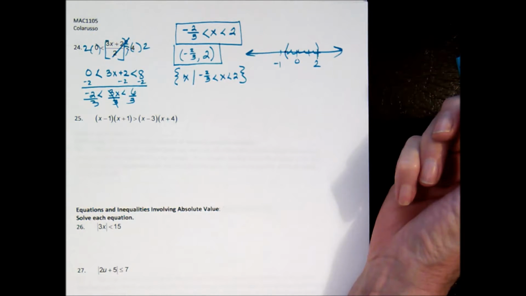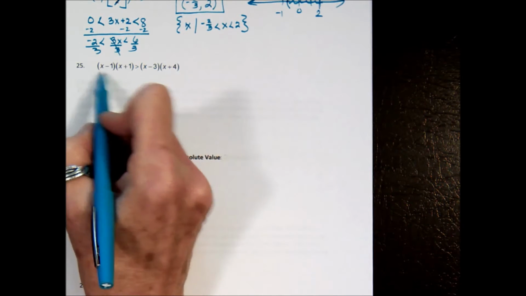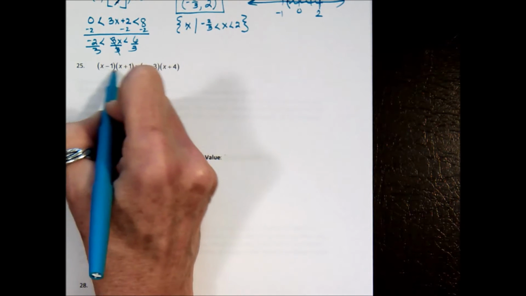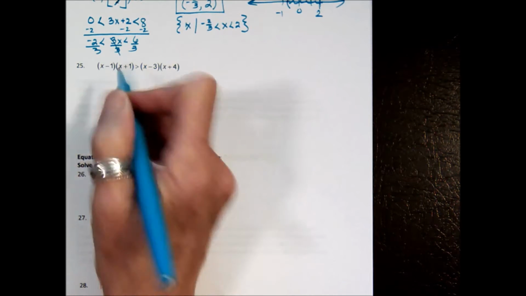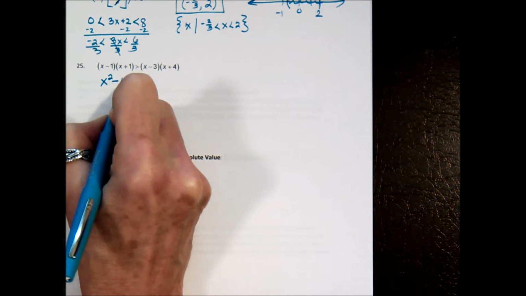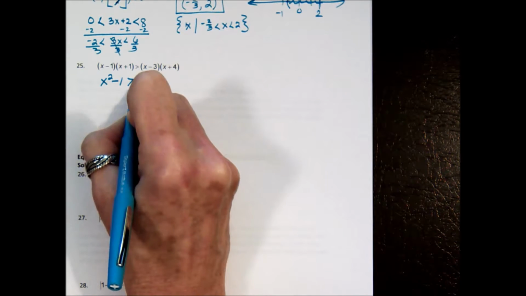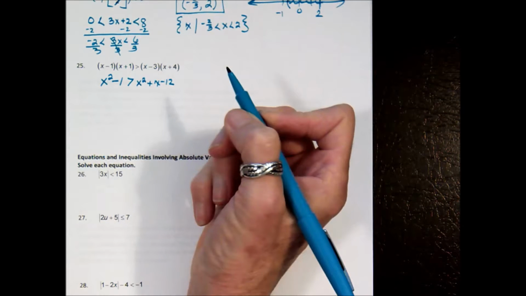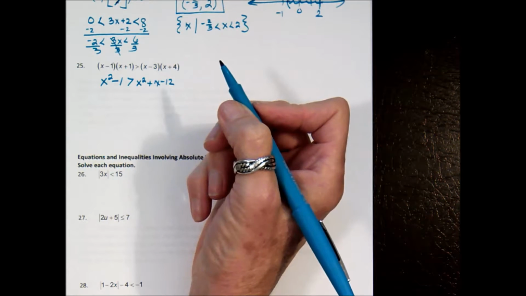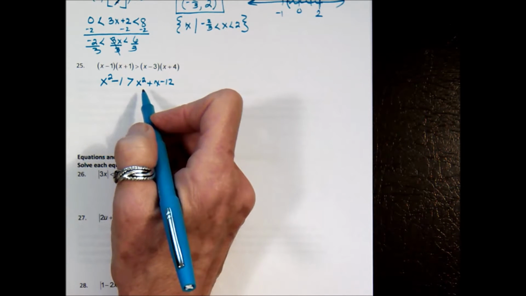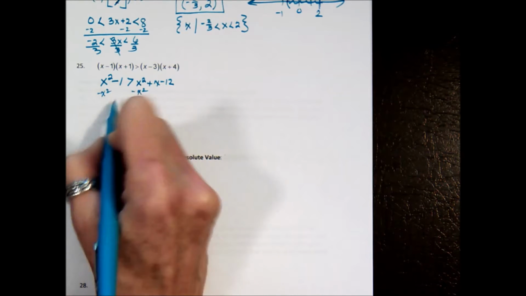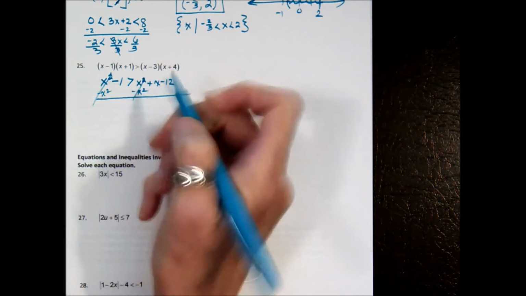All right, let's look at this next one. This one's kind of odd. So in order to know what I have here, I'm going to have to FOIL those out. When you FOIL this, you get a difference of squares. So x squared minus 1 is greater than, when you FOIL this out, x squared plus x minus 12. So I want to get my variables together, and if you notice what's going to happen to your squared terms, they're just going to be gone. So I have -1 is greater than x